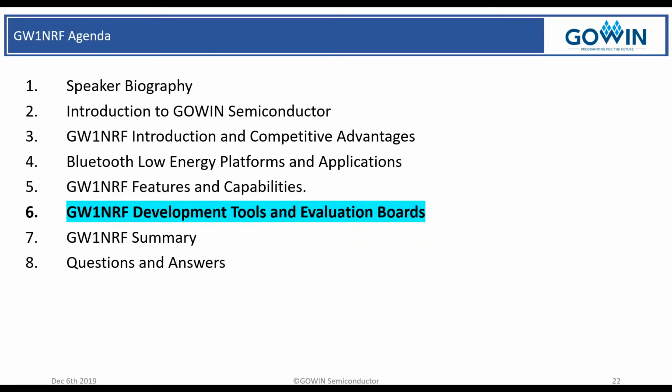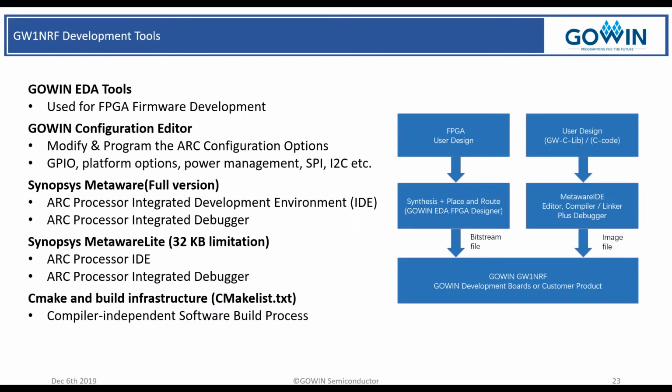So next on the agenda, we're going to take a look at the GW1N RF development tools. So in terms of product development, we have the FPGA design and the ARC application code to consider and generate. If we start with the FPGA development flow, which I would imagine most of you are already familiar with anyway. The Gowin EDA tools are used to develop the FPGA firmware using high-level design languages, or